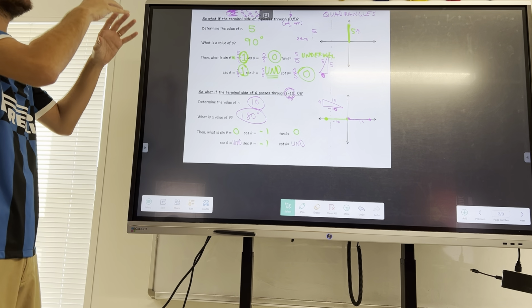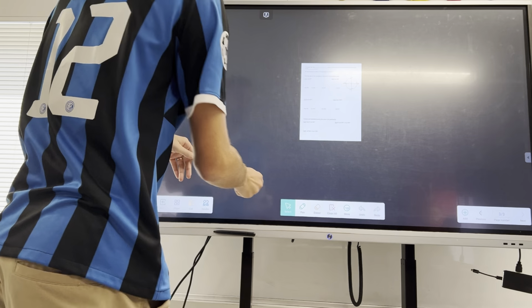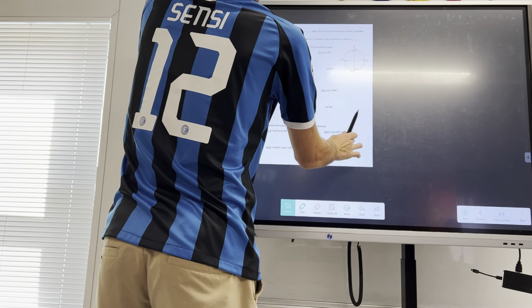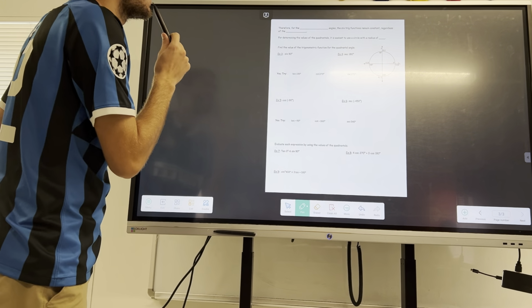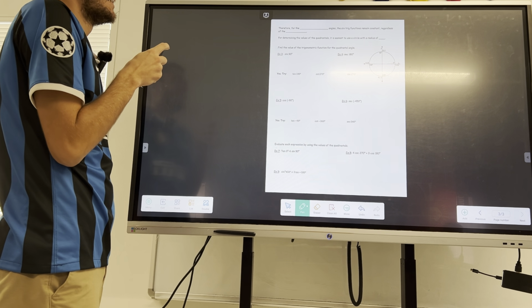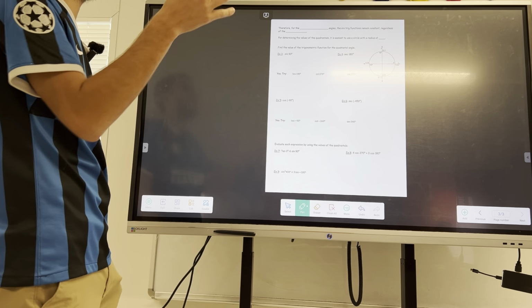So now let's go over to the back. Now, therefore, for the blank angles,